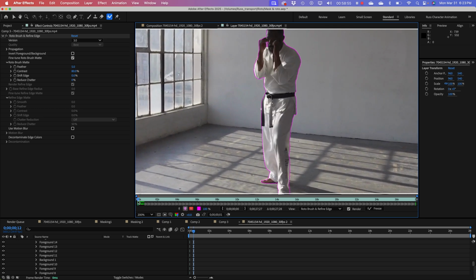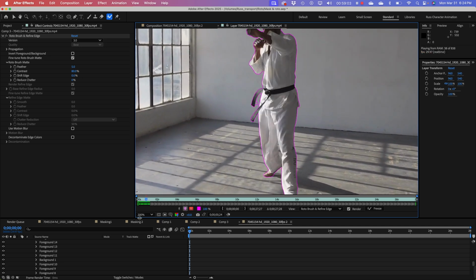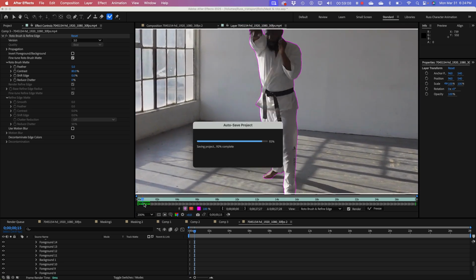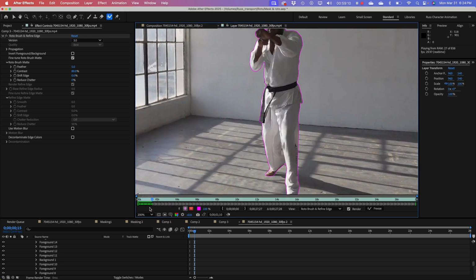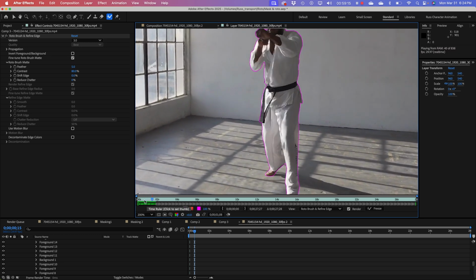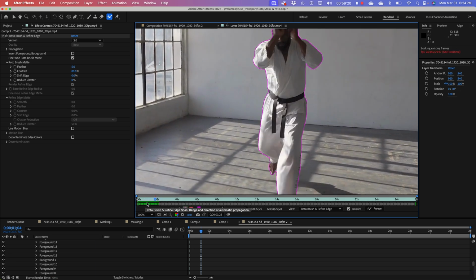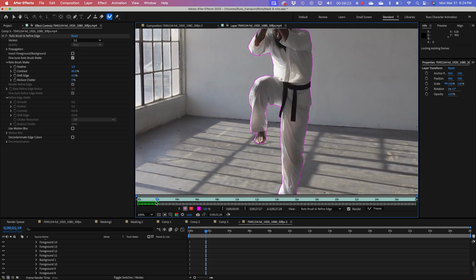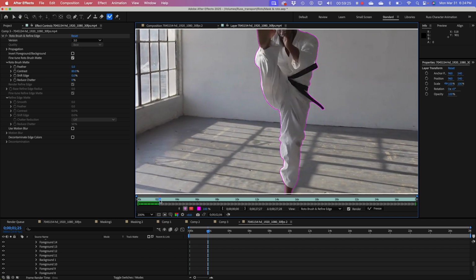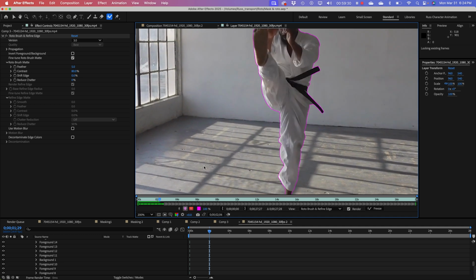Sort of stick with it. You can play through and it'll resolve, but